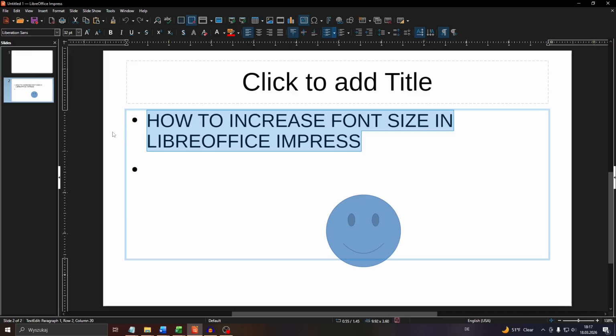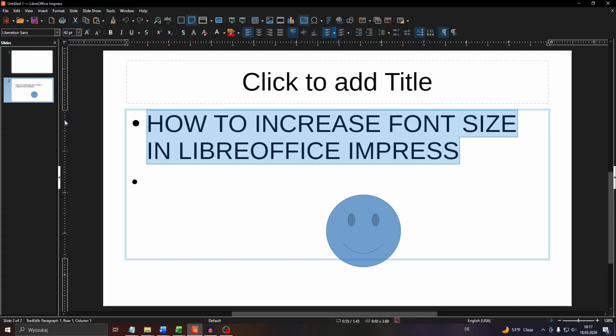Navigate to your presentation on LibreOffice Impress to the given slide, highlight the given text, for example, of a text box. And there are several ways you can do this, guys. Option number one would be to click into this drop-down menu in the top left, font size, and to select one of these. Option number two would be to use these buttons next to it, increase font size or decrease